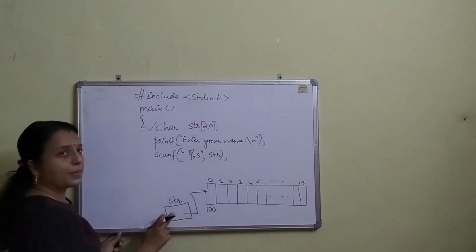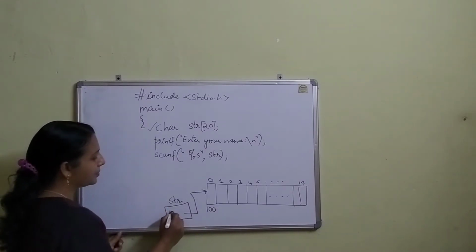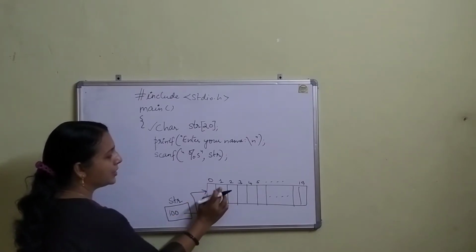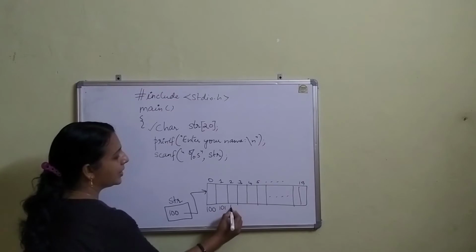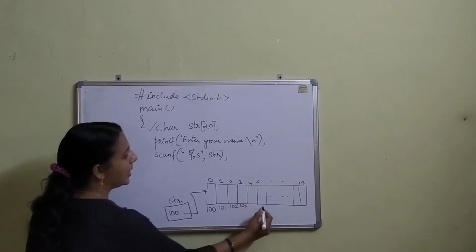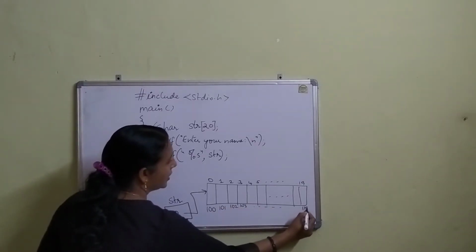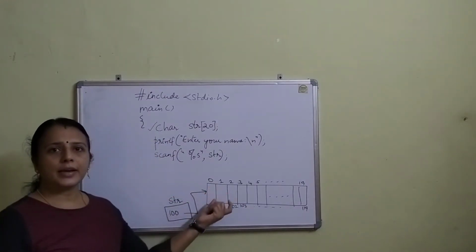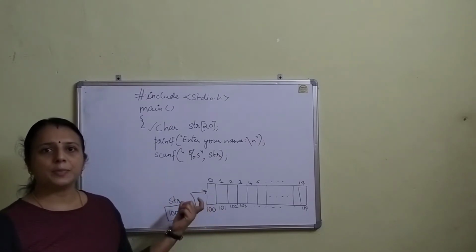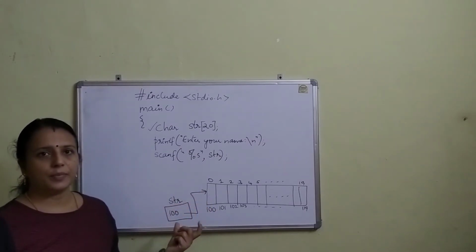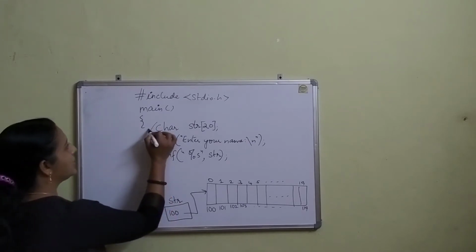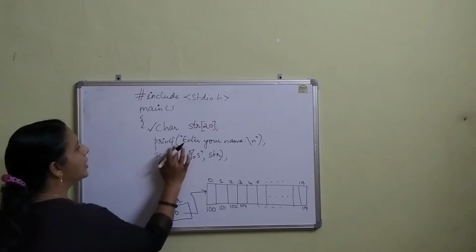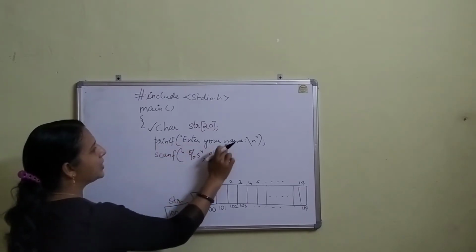So the value present here is 100. The 0th index address is 100, the first index address is 101, then 102, 103, likewise up to 119. And you know that each cell in this array requires 1 byte of memory space, because it is a character array. So when this statement gets executed, this happens internally. Now, when the statement printf "Enter your name" is executed,